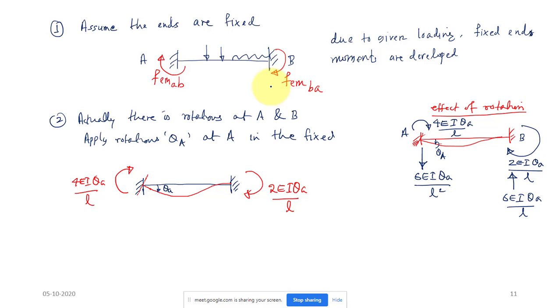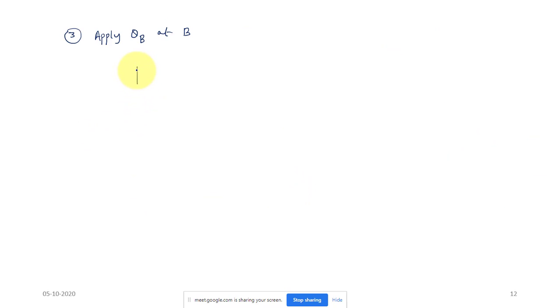I am going to take this beam; the rotation at A is already done. So we will take the fixed beam and apply only rotation at B. I am going to apply rotation at B, theta B, in the clockwise direction, because that is the sign convention. Everything I will assume clockwise, and accordingly I will get the final equation. If anything is anti-clockwise in the given problem, you have to take a negative sign. That part we will see in the numerical example.